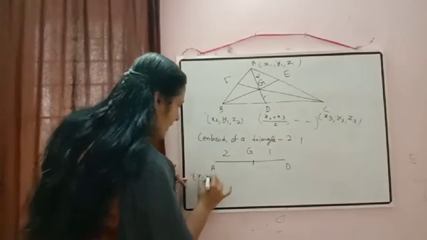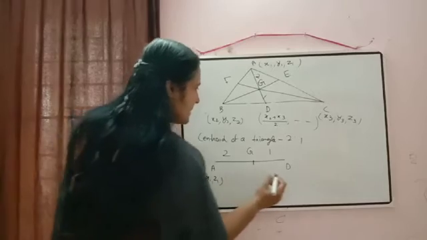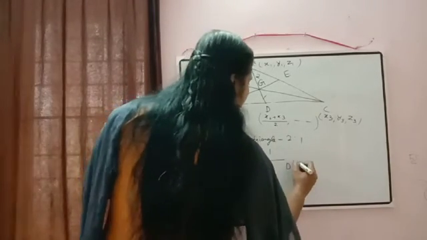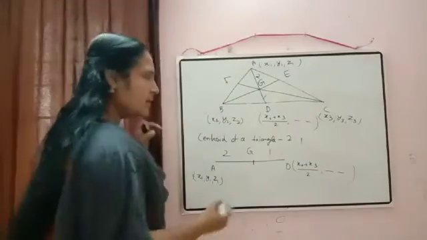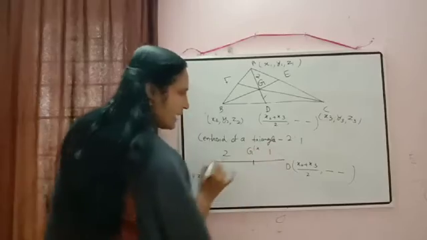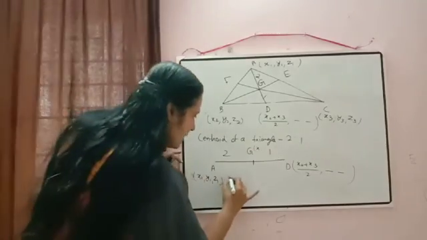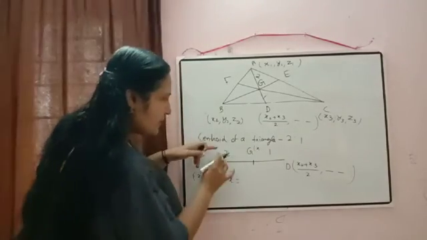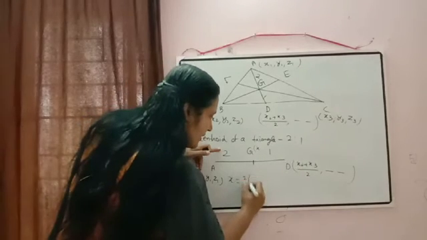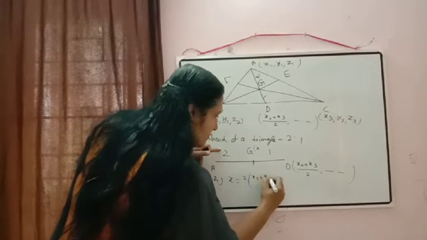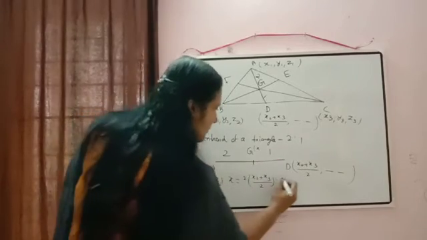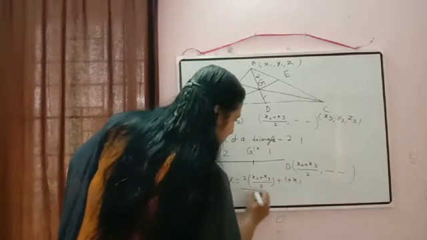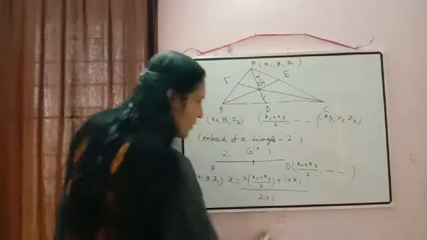Coordinate of A we have x1, y1, z1 and x coordinate of D we have here (x2 plus x3) by 2, remaining 2 not written there. Now if x coordinate I have taken as x there, just to check what will come: x is equal to (2 into (x2 plus x3 by 2) plus 1 into x1) whole divided by 2 plus 1.